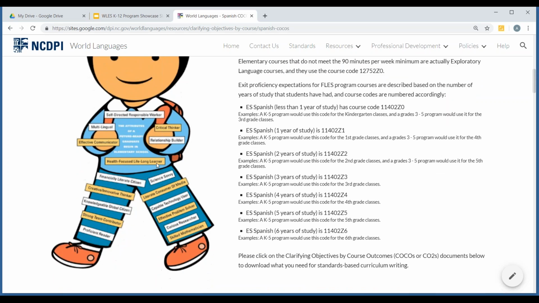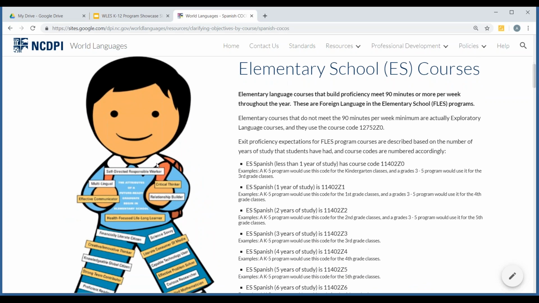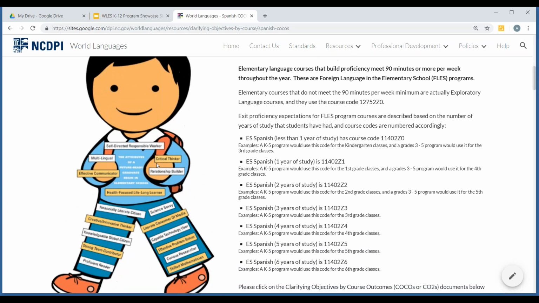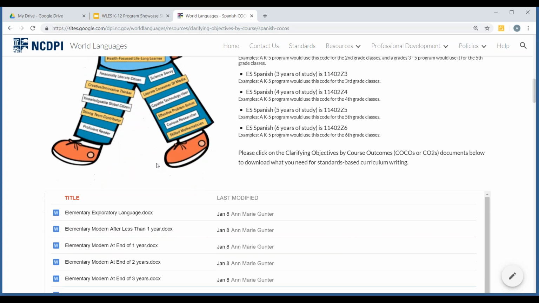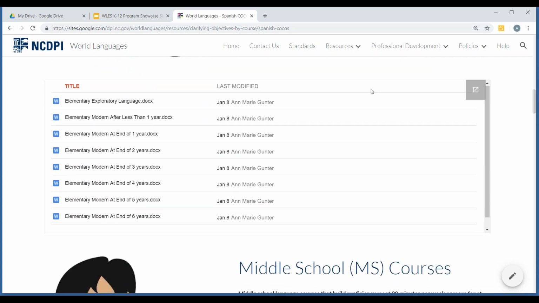And so you see here they have examples. Notice we have Nikki on the left-hand side. Nikki is our future ready graduate, and this is the elementary version of Nikki. As we go through, what you see right underneath that is, in fact, all of those Word documents contained on a Google Drive that you can download and use as a teacher or with your teachers if you're doing professional development as an administrator or teacher leader.